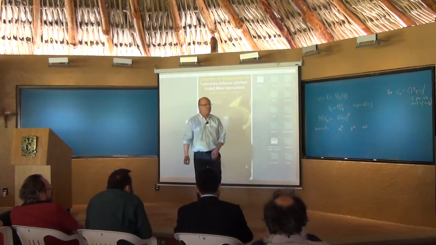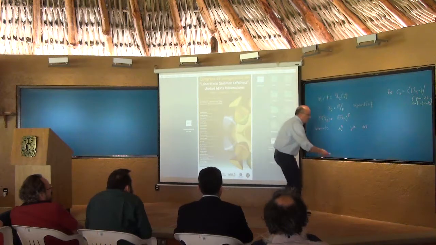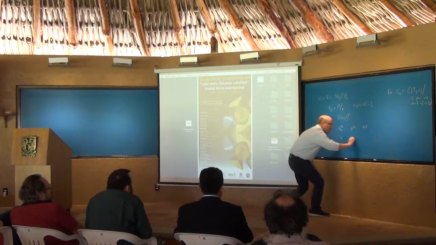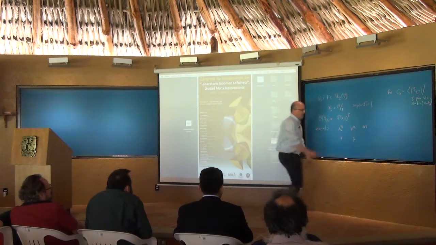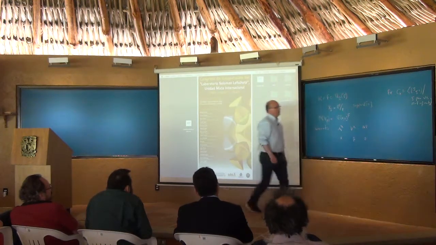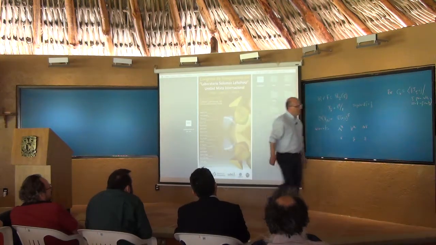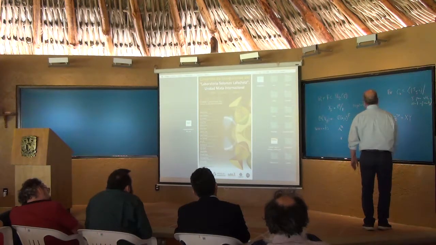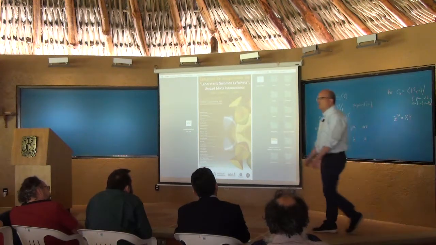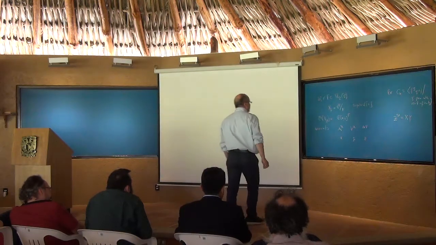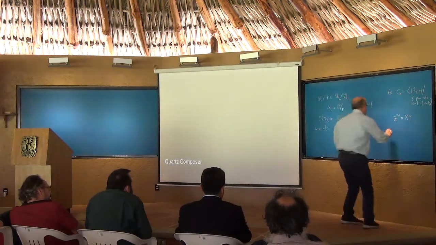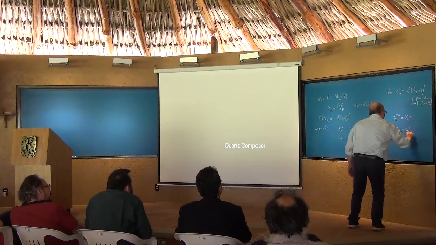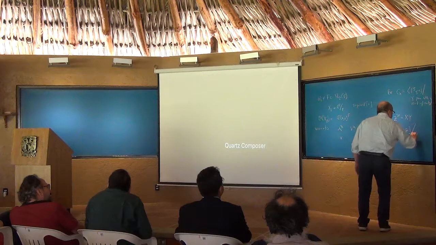So it's easy to guess. Let me call this variable x equal to u to the n, y equal to v to the n, and z equal to u times v. Then what we see is that they satisfy the equation z to the n equals x times y. And it turns out that this ring is nothing else than C[x,y,z] divided by the relation.